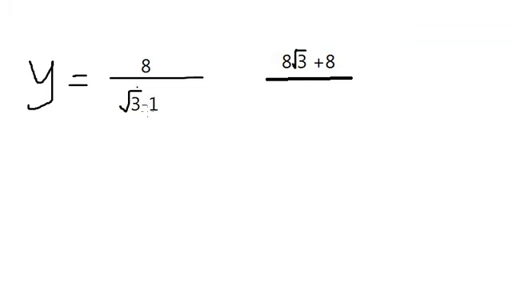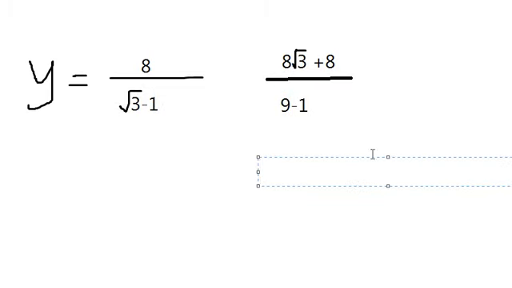I'm just doing it quickly. I think you should be able to rationalize it yourself, so I'm not planning to do anything more than just do it with you. So a plus b and a minus b will make 9 minus 1, which